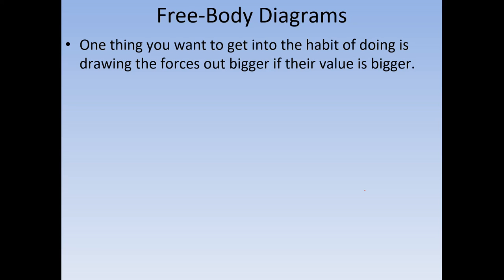Now, you don't need to use a ruler to accurately draw the arrows to scale, but what I mean is that if you know for a fact that one arrow is bigger than another due to the fact that the net force is going in a certain direction, you want to make sure that you exaggerate that. A good example would be something like this. I have an object that's accelerating to the left. I'd want to draw it and make sure that whatever arrow is pointing to the left is exaggerated to be much bigger. So you can immediately look at it and say, there we go. You do not want to leave it up to the grader to have to take out a ruler, because the AP has said that if it cannot be discerned with the naked eye without the use of a ruler, then